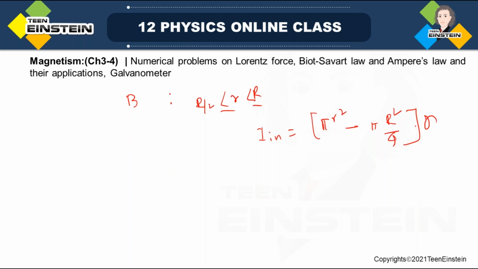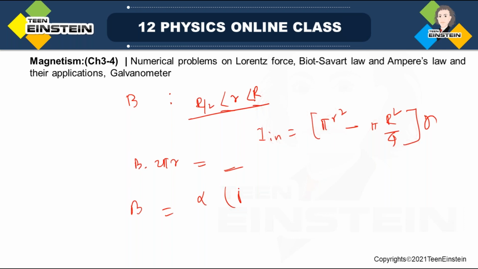Sigma is current per unit length. Now if we further put in the limit of integration, we can find out that